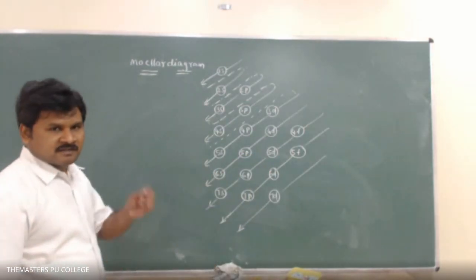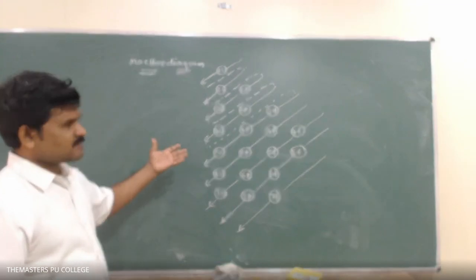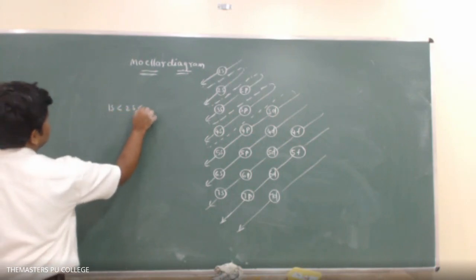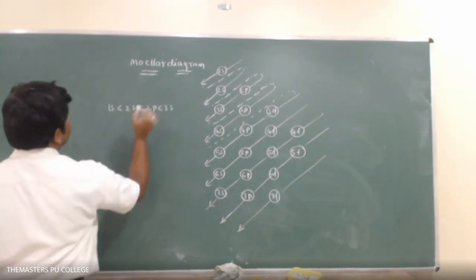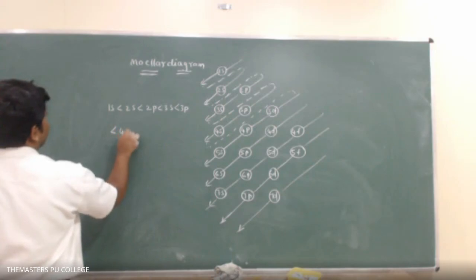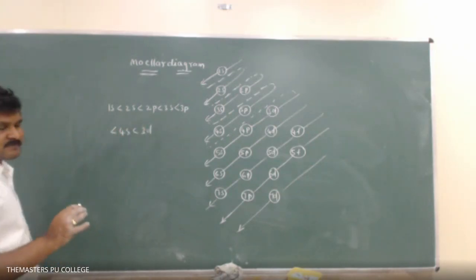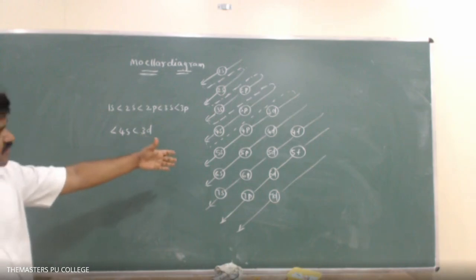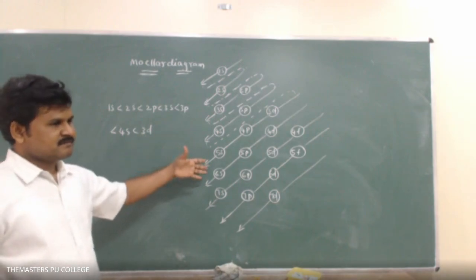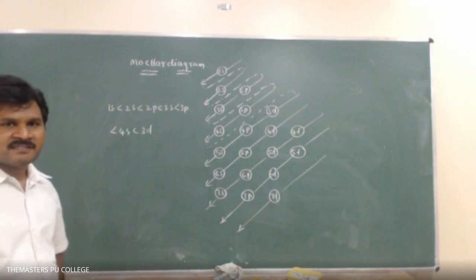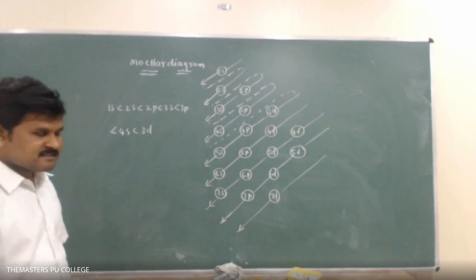Okay, na? If you remember this, there is no need to remember each and everything. 1s is less than 2s, less than 2p, less than 3s, less than 3p, less than 4s, less than 3d. Up to this is enough, because if you remember up to here, you can write the electronic configuration of 30 elements. The remaining also exist, but to understand which has the least n plus l value and which has the highest, we can say easily by using this diagram. You please draw this diagram.